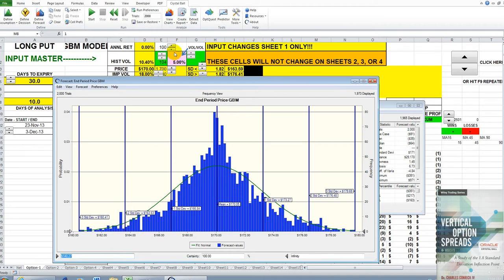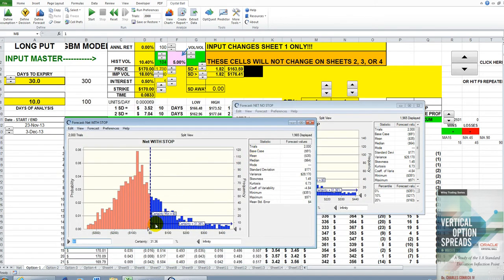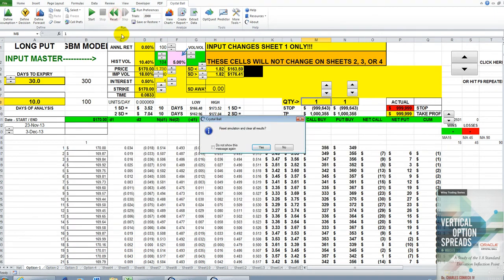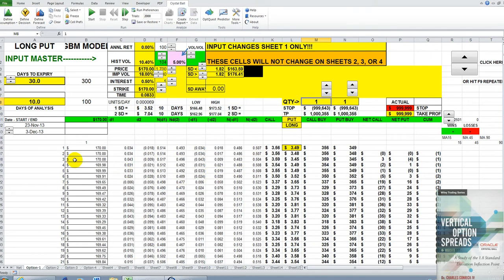So, keep in mind, if you will, these numbers: 160 to 180. And also the idea that we would have a 31% chance of winning the trade and an expected gain of a negative $35. Now I'm going to reset Crystal Ball by clicking on the reset button and stretch this all the way out